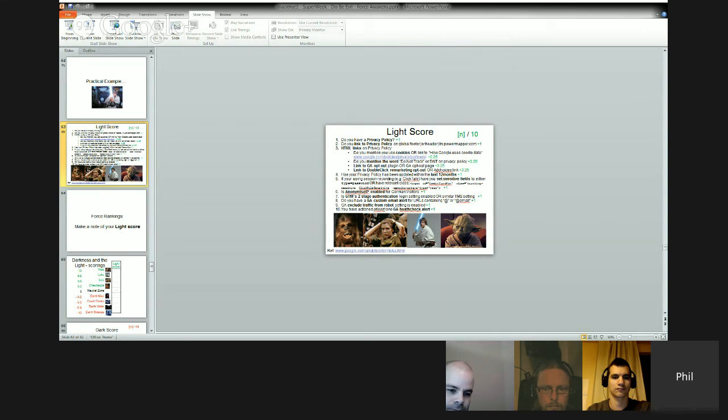And the next one was, have you updated your privacy policy in the last 12 months? So you get another point for that. And if you're using session recording like ClickTale or Yandex Metrica, have you changed any sensitive fields to say ClickTale sensitive or Metrica no keys? This means that you don't key capture on those sensitive fields. A lot of companies don't turn that on, and they don't even know they need to turn it on. So it's a good point to get if you have that.